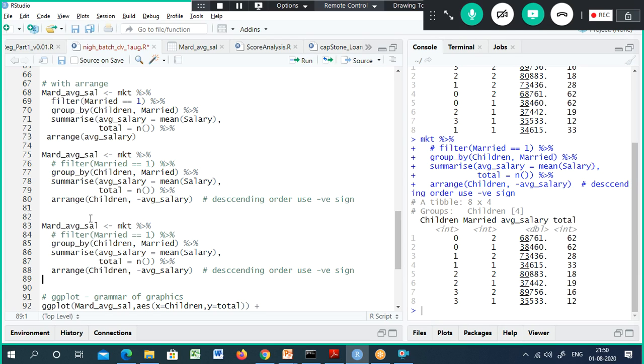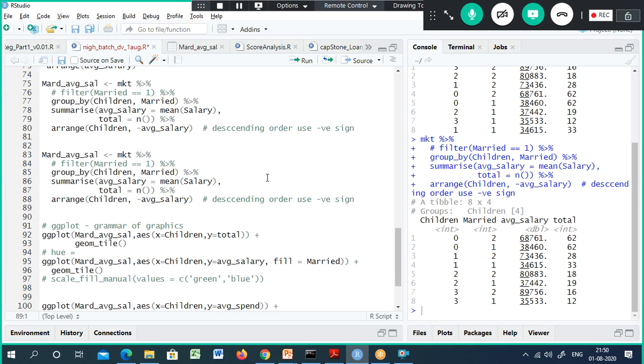Most of the time in real-world scenarios, we need derived features because of some reporting requirement, or for machine learning purposes we'll create some additional variables.